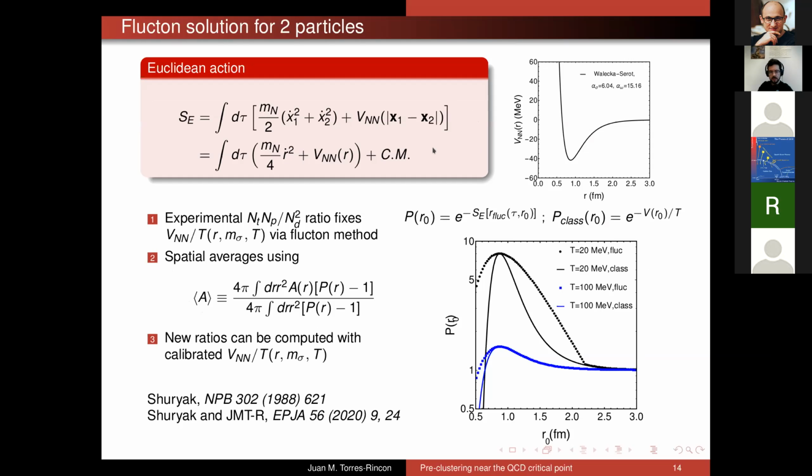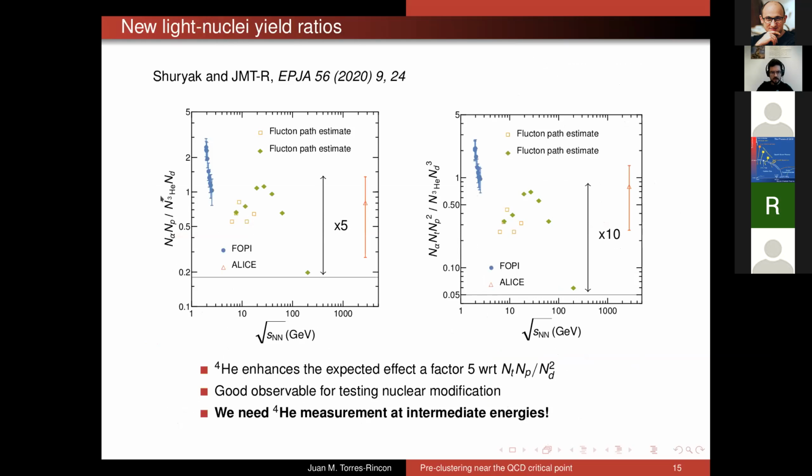Okay? So then once I know the modification of my potential, I go to the new ratios and compute an estimate for these ratios, O2 and O3. And this is the result. In the left panel, this is the ratio O2. If you focus on this intermediate region, the trend is similar, the qualitative form is similar to the Triton ratio, but you observe that the effect is now a factor of 2 more in comparison to the Triton ratio. So the top point and the lowest point differ by a factor of 5.